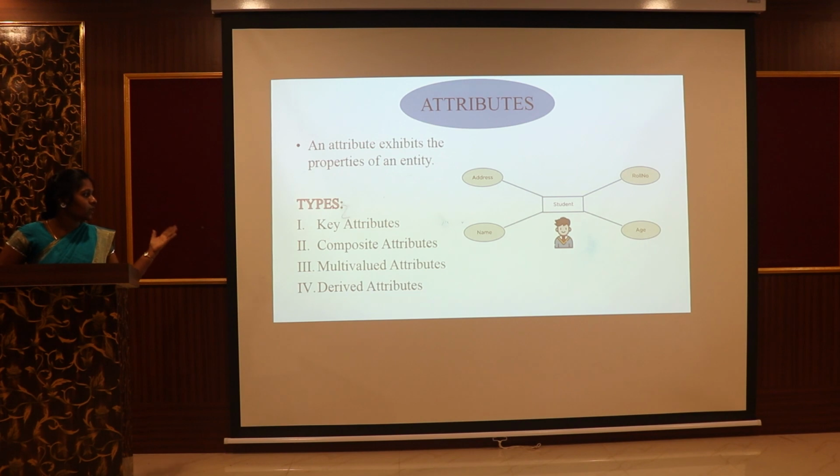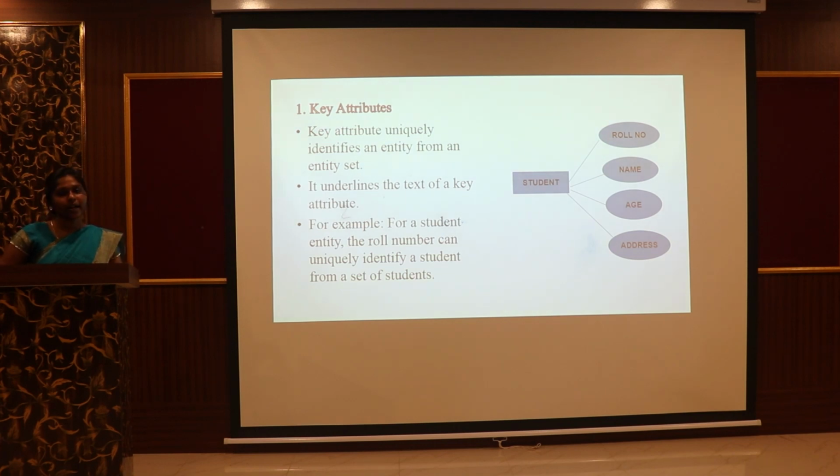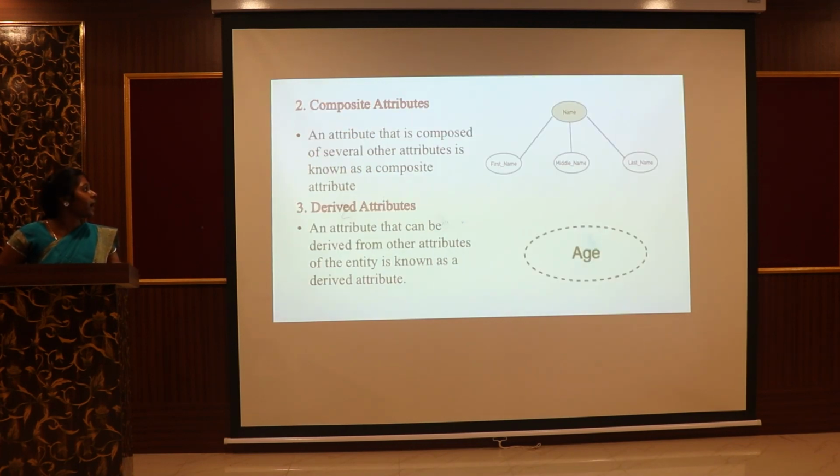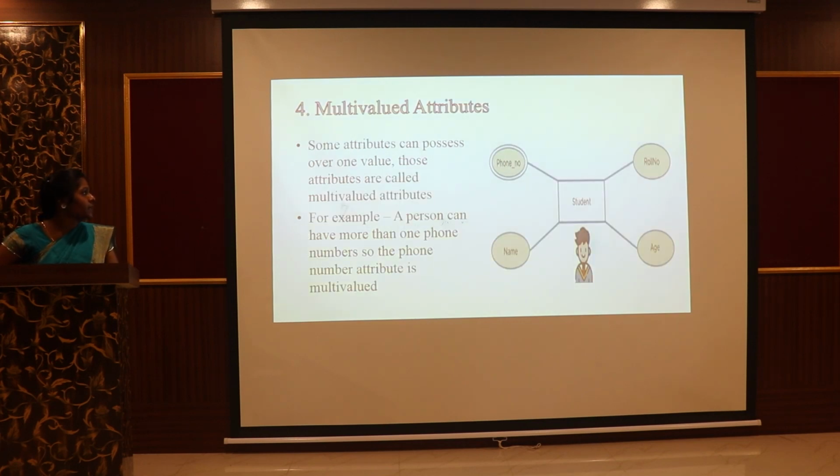And there are types: key attribute, composite, multi-value, derived. A key attribute is a unique identifier, and a composite attribute is a combination of attributes, for example, address. A derived attribute is one that is derived from other attributes. And multi-value attribute